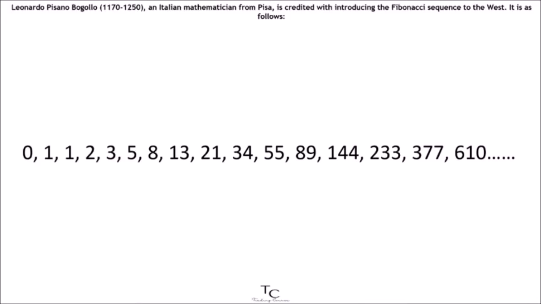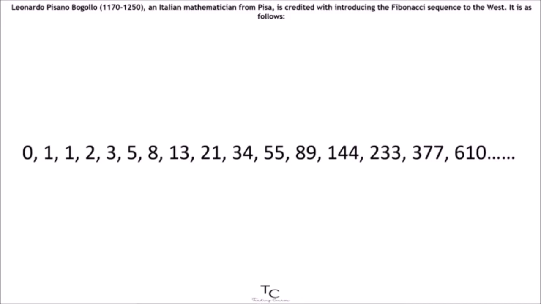Leonardo Pisano Bagalò, 1170–1250, an Italian mathematician from Pisa, is credited with introducing the Fibonacci sequence to the West. It is as follows: 0, 1, 1, 2, 3, 5, 8, 13, 21, 34, 55, 89,